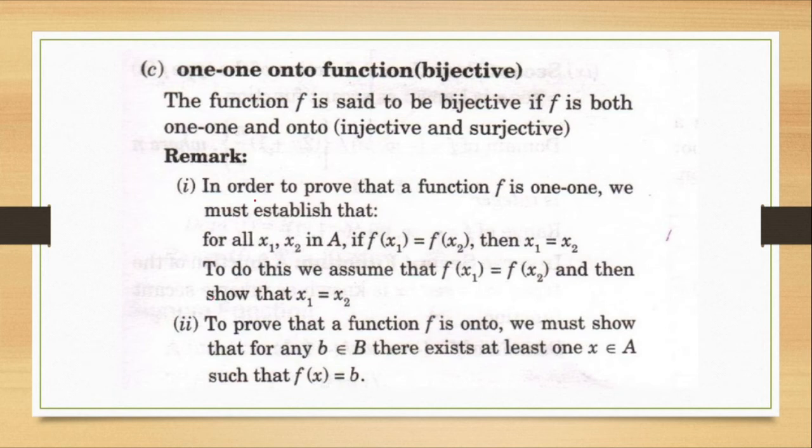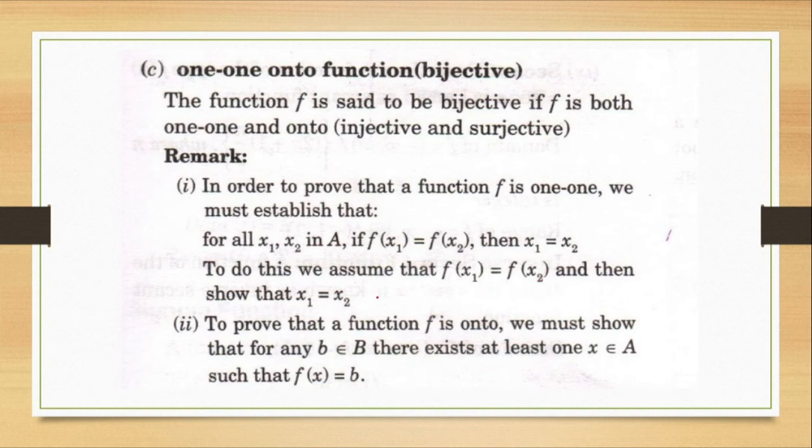So remark: in order to prove that a function f is one-one, we must establish that for all x1, x2 in A, if f of x1 equal to f of x2, then x1 equal to x2. So to do this, we assume that f of x1 equal to f of x2,